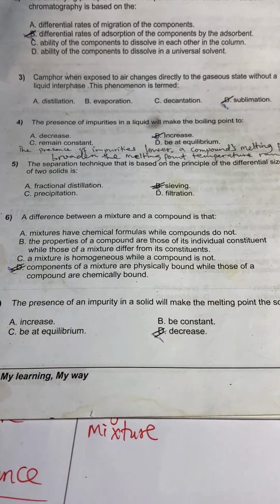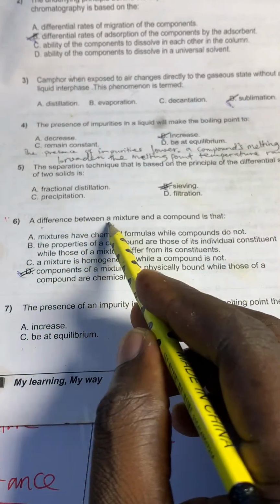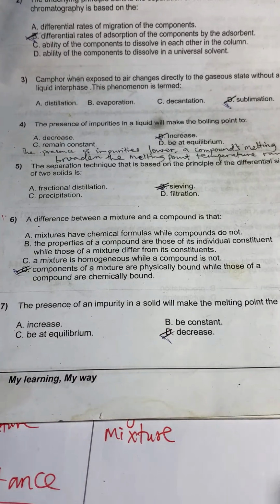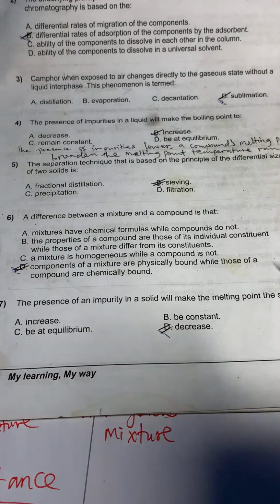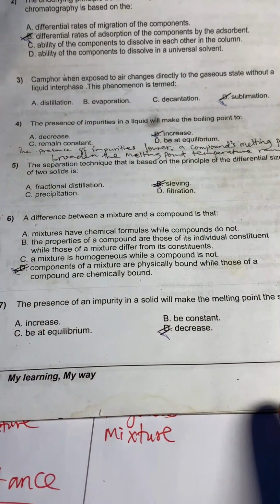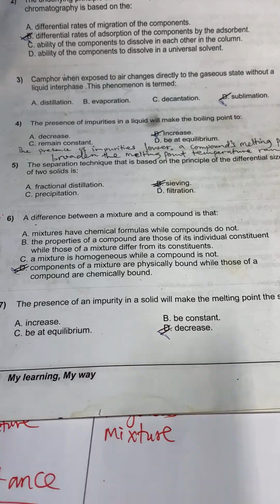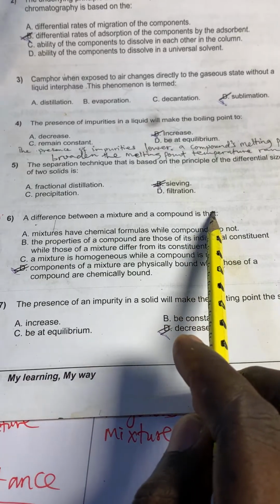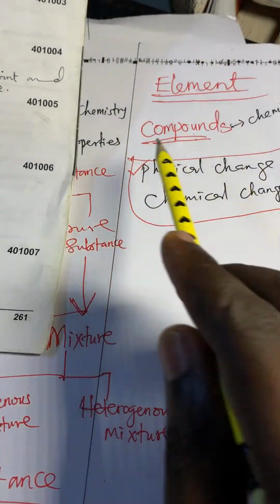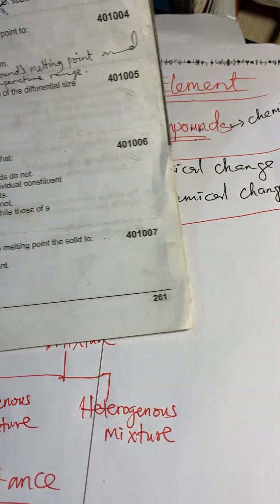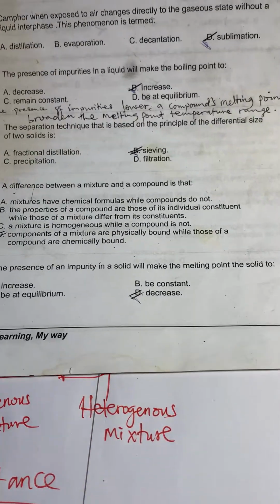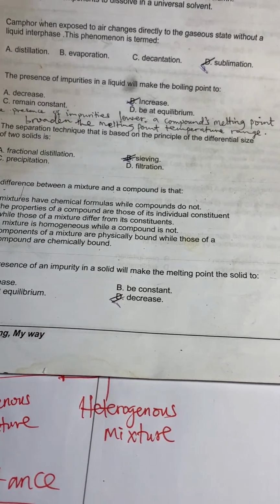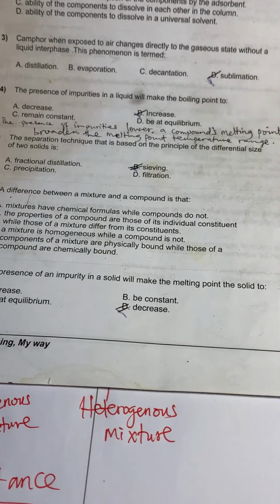Now look at the question. A difference between a mixture and a compound is that. Think, this is the best moment of this. The time will come, one after the other will answer it, but now it's teaching time. Pay attention. I mentioned something before that the constituent elements that make up a compound do not retain their individual identity. That means they change.